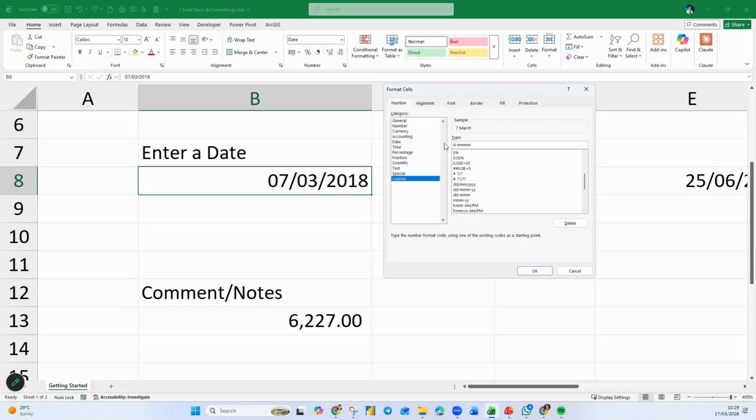I'm going to leave this as 3M, then Y. I'm going to add another one: a comma, a space, then D. Let me copy this and click OK.